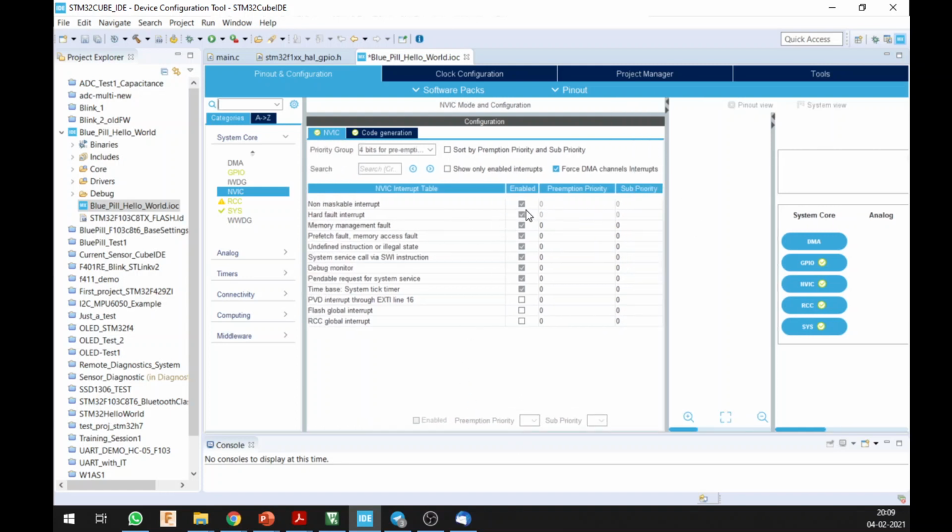You can enable this from here, you can disable this, you can set the priority of preemption and all. When you get into real-time operating systems, you will learn that preemptive programming and pipelining and all those things are going to come into the picture. But you can do all of this. If you close the debug monitor, you won't be able to call the debug routine. It will show an exception whenever you do that.